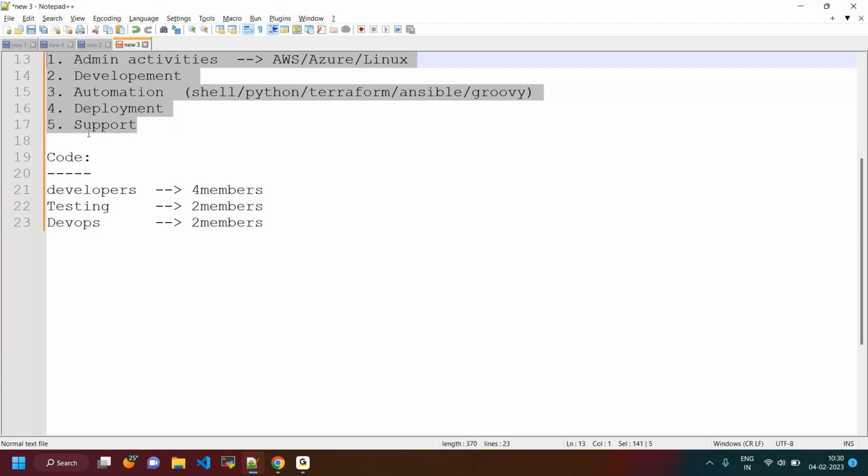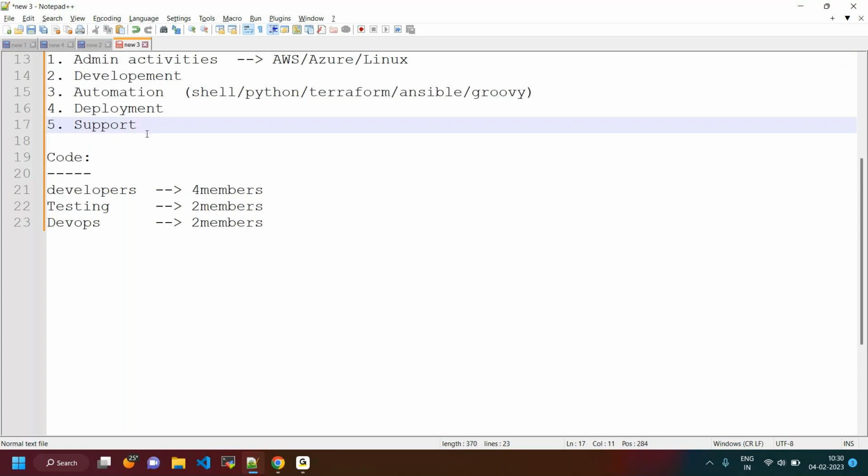But not each and every role is going to be done by the DevOps guy. It's based on the company and project. DevOps case roles will be different. There is a cloud admin, and those guys only do admin activities. Like these types of activities are going to be involved. It's based on their roles and responsibilities within the project. They are going to be working on different tools.